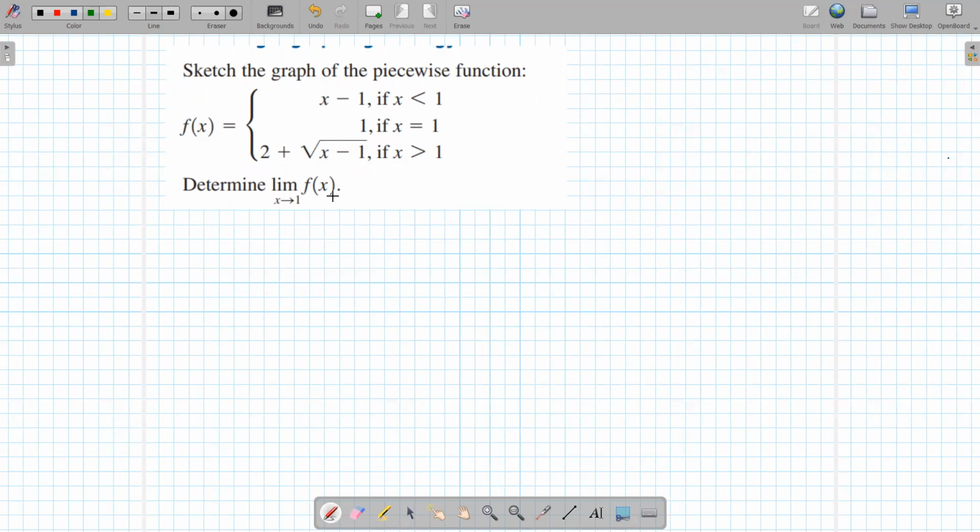If it's made up of multiple functions, like the first one is just a linear function, looks like this, right? The second one is, how do you graph this? How do you graph y equals 1 or f of x equals 1? What do you think? You just draw a horizontal line. Yes. And then the last one is a square root function that's kind of,